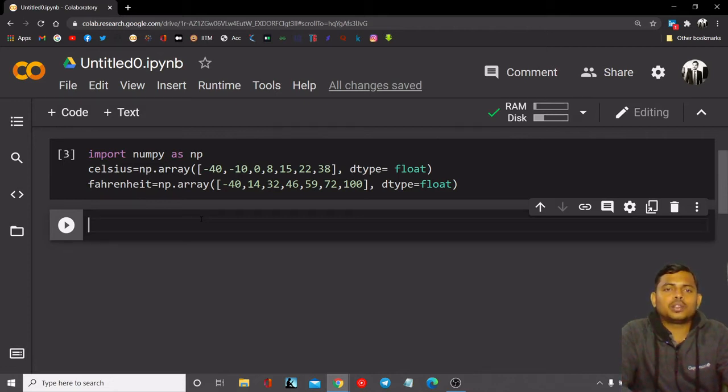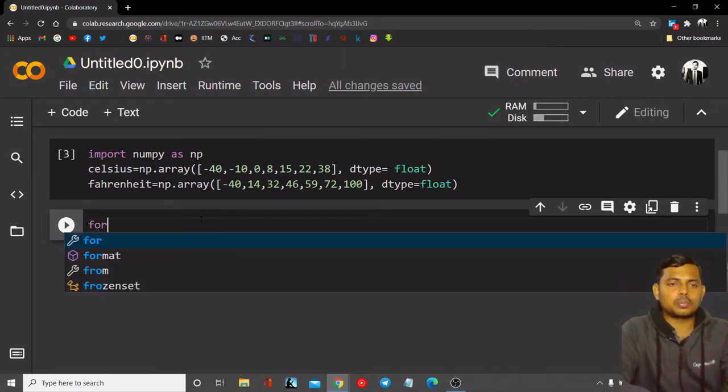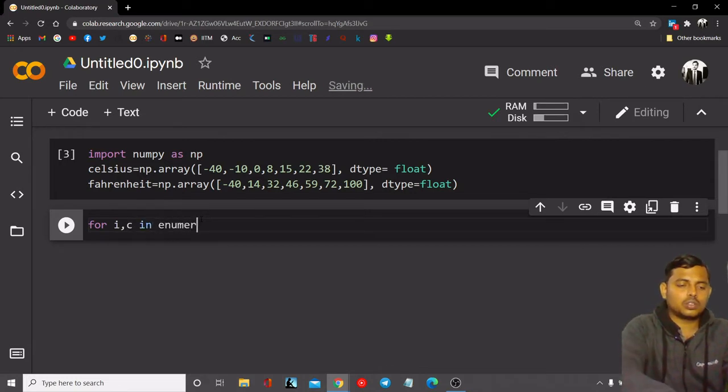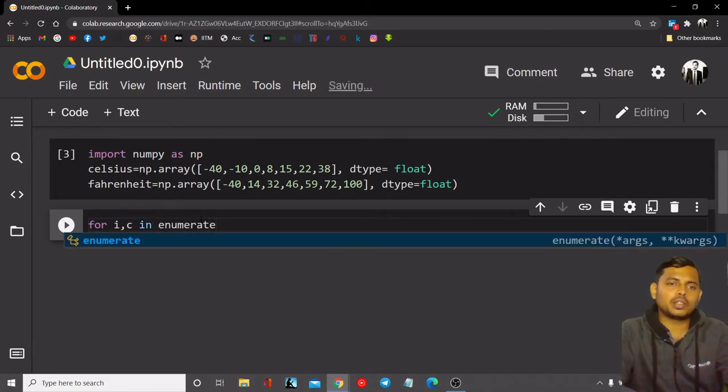So now we have the data set. We can use the enumerate function to visualize it further, or we can also not use it, but this is optional for those who are not understanding how this conversion works. So I'm using it, but this is optional. This is a function in Python, and it is used for yielding pair objects. So you can see here,